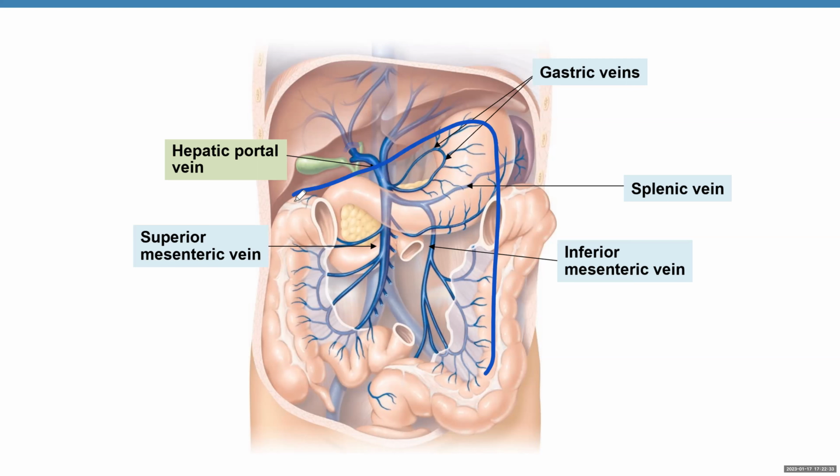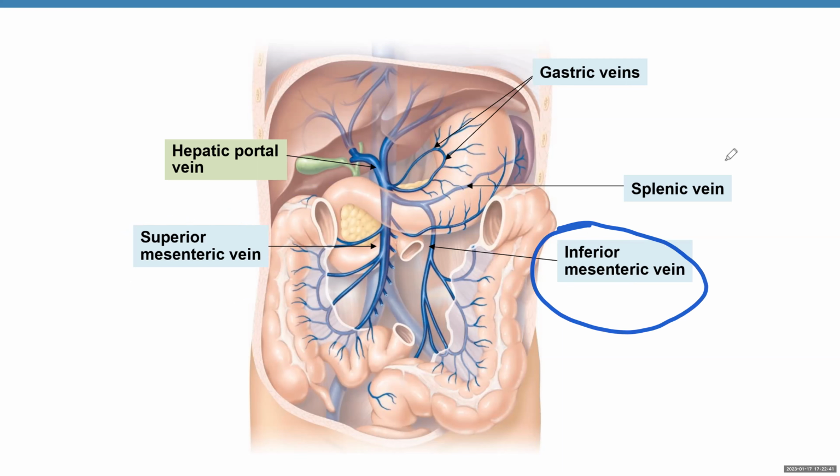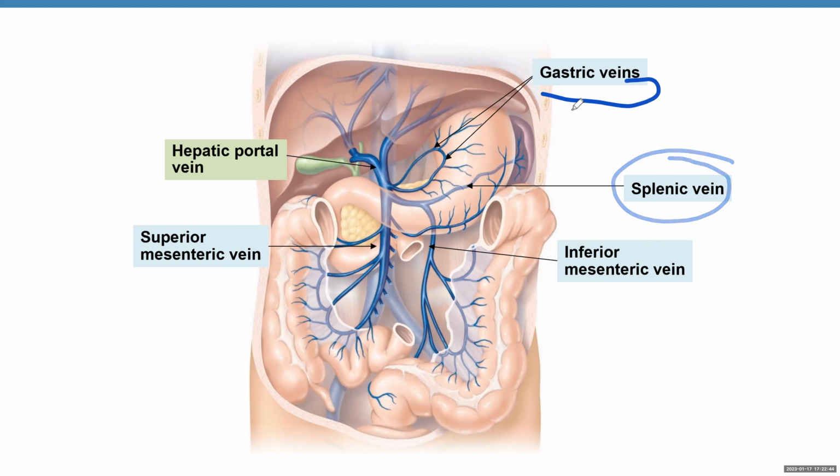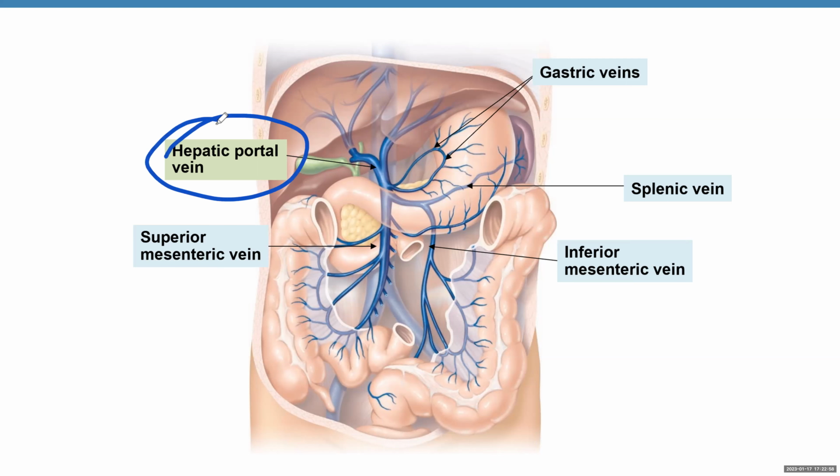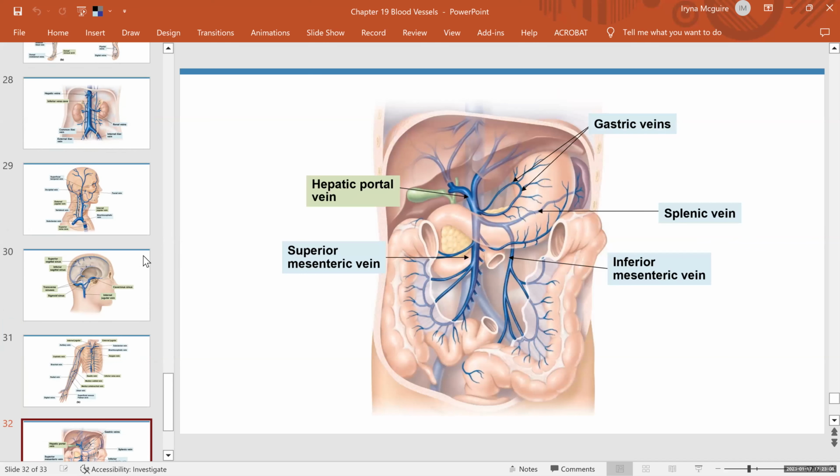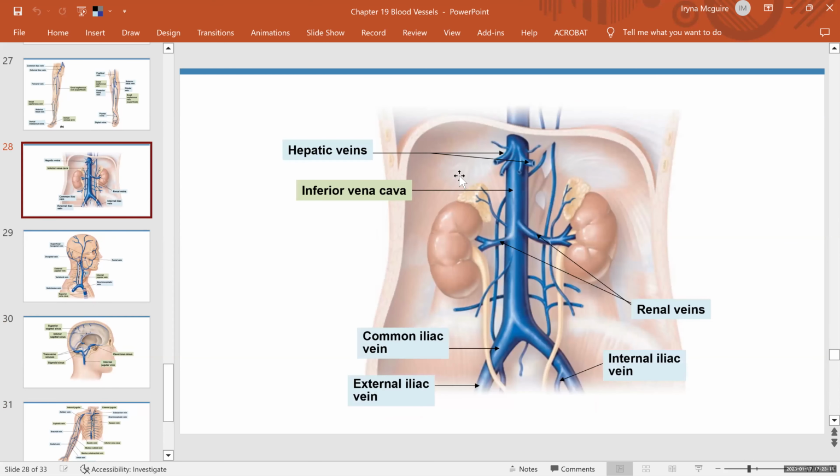So blood from digestive organs will be picked up by the superior mesenteric vein, inferior mesenteric vein, splenic vein, and gastric veins, and this blood will flow to the liver first for processing. The blood vessel that brings blood to the liver from the digestive organs is called the hepatic portal vein. And then from the liver, when you clean this blood, when you process all the nutrients in the liver, you will go through the hepatic